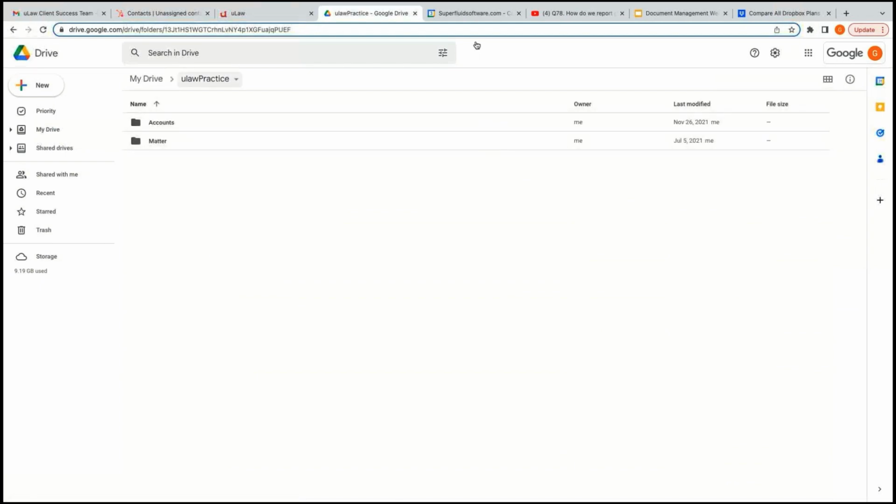When I open the drive, uLaw has automatically created a uLawPractice folder, under which you have two subheaders. One is for matter, another one is for accounts. When you go to accounts,